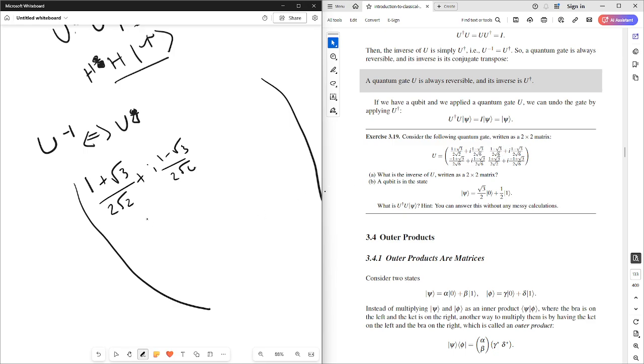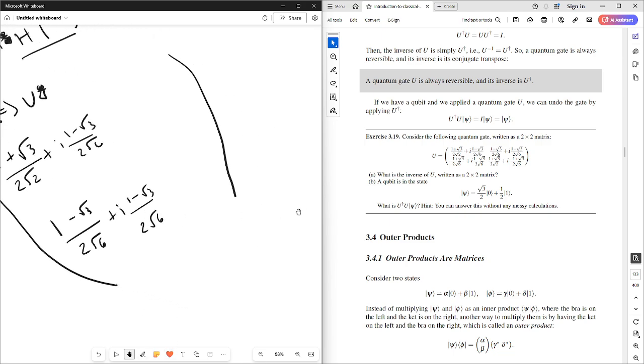So we'll wind up with 1 minus square root of 3 over 2 square roots of 6, plus i times 1 minus 3 over 2 square roots of 6. Similarly, this column, or pardon me, this column becomes a row. We wind up with,